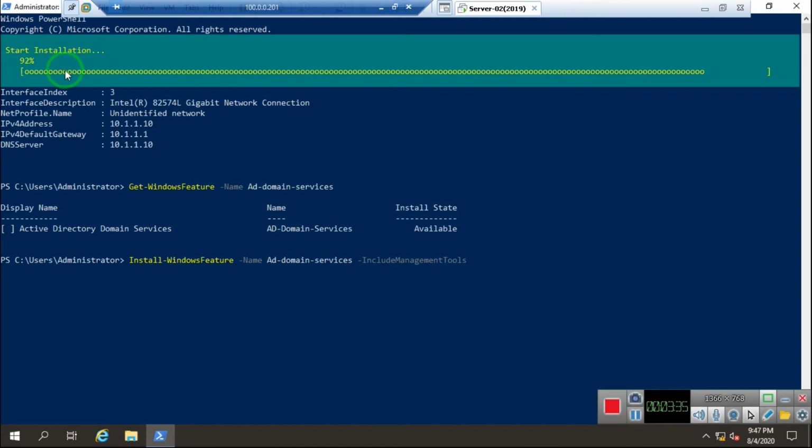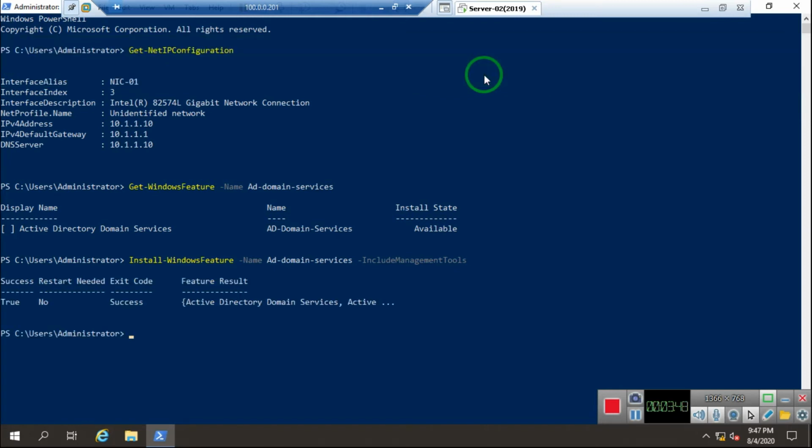It's installed 92%, you can see that. It takes a little more time, about one more minute to install. So as you can see, the AD service is installed. It says success.